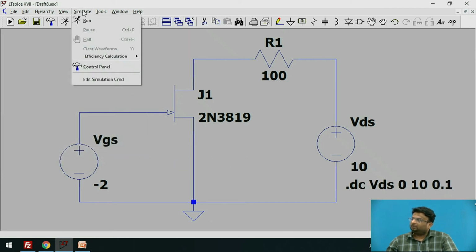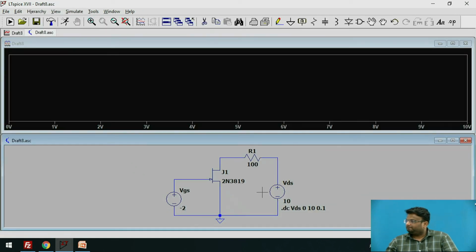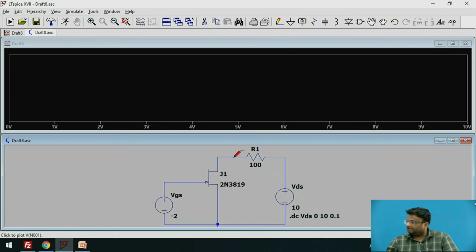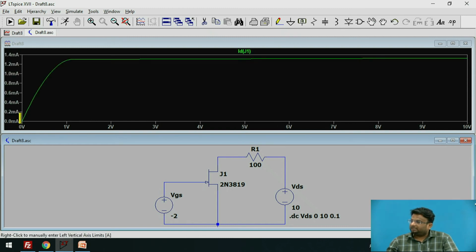Then go to the simulate option and run. Now we can observe that a blank output is available. On the x-axis we have the VDS, and now on the y-axis, what do we want? The drain current. Now if you move your cursor over this line, you will see the voltage marker. And if you move your cursor over here, you will see there is a current marker. So in order to plot a current, we have to use this marker. So click on that. You can observe that these are the VI characteristics of the junction field effect transistor